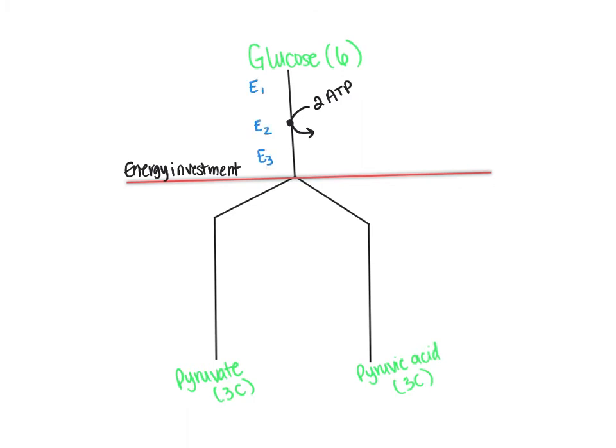I've written a few examples of them as just E1, E2, E3. And the product of enzyme 1 becomes the substrate for enzyme 2. And then that product becomes the substrate for enzyme 3. Now we're not going to go into the details of the names of those enzymes or how many enzymes there are in the energy investment phase and the energy harvesting phase, but you do need to know that enzymes are there. So this ATP is going to phosphorylate one of those or 2 of those substrates, and what we're left